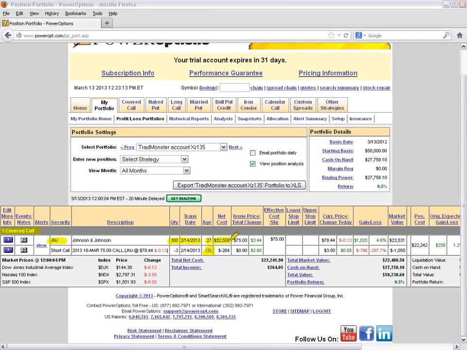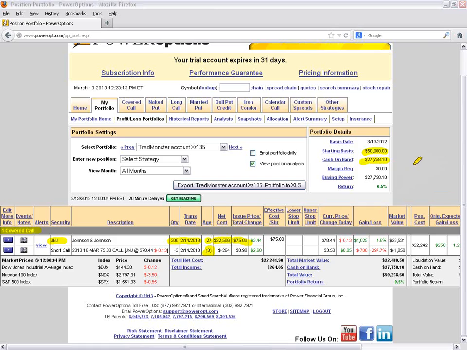Now, our total cost, this is important here. Our total cost for our 300 shares of Johnson & Johnson at 75 was $22,506. That includes the commission. We kind of rounded it up to $6. So it would have been $22,500 to buy 300 shares of stock at 75, and then our $6 commission. So that was our total cost. Now notice we kept our starting basis of $50,000, but because of the outlay of cash we needed to purchase our 300 shares of J&J, we've lowered our cash on hand down to